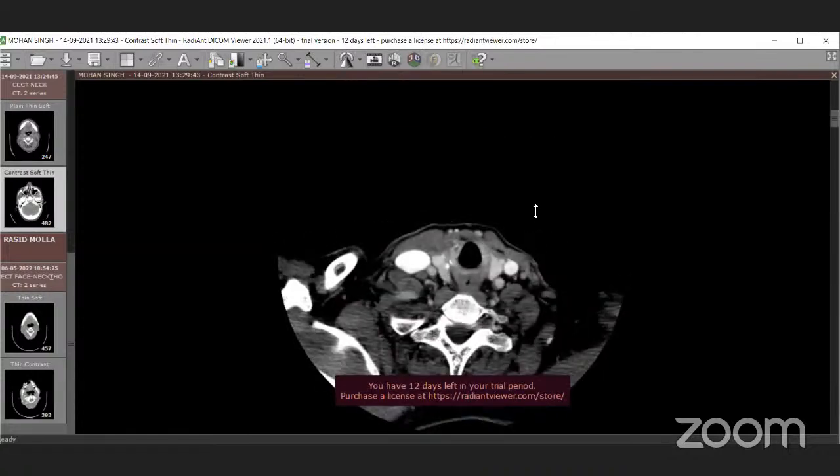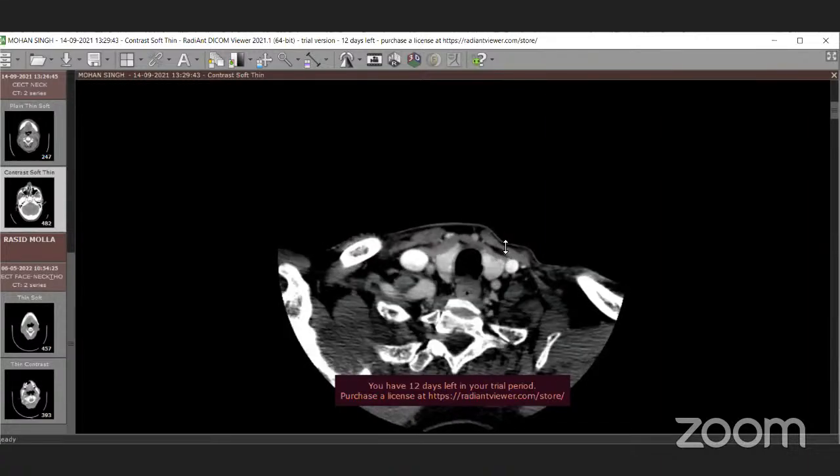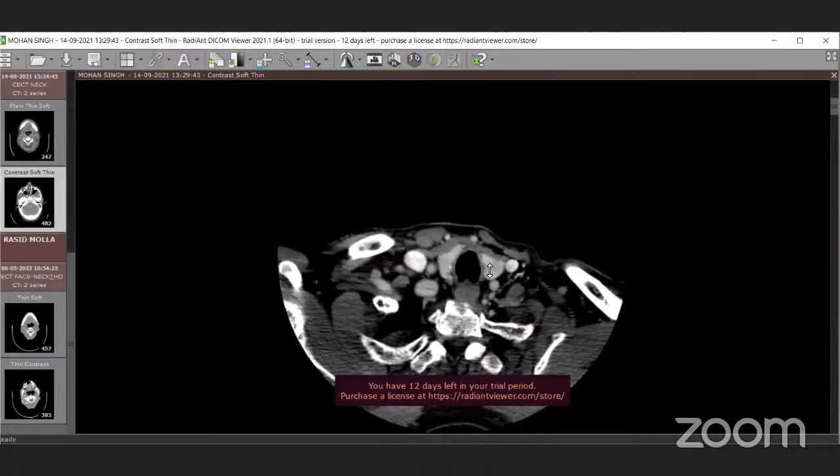So on either side of the trachea is the thyroid gland, and this enhances avidly in post-contrast imaging, and even on plain imaging, it is usually hyperdense because of intrinsic iodine. This is the right lobe of thyroid and the left lobe of thyroid, joined in between by what we call the isthmus. The isthmus is usually less than 2 millimeters in anteroposterior thickness, and it is a bit difficult to appreciate. But if you can trace the hyperdense structure from either side anterior to the trachea, you can find the level of the isthmus.